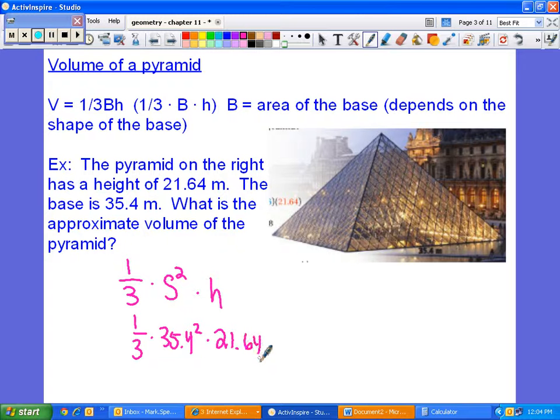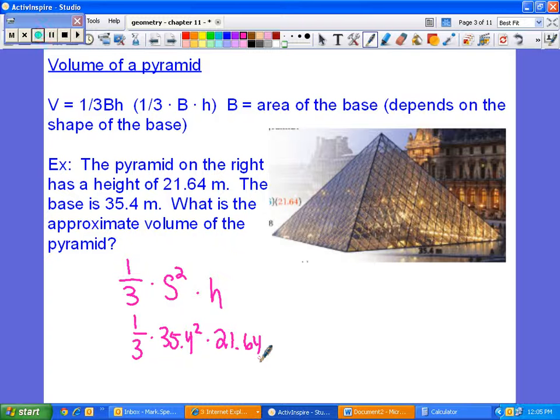21.64. Now, just so we're clear, multiplying by 1/3 is the same as what? Dividing by 3. So you'll do this calculation first, and then divide by 3. Yes, Ken? Why'd you put 35.4 squared? Good question. Why did I do that? I know it's a square. Because, what do you know about the sides of a square? They're all equal. So if the area is length times width, and if length and width are the same,